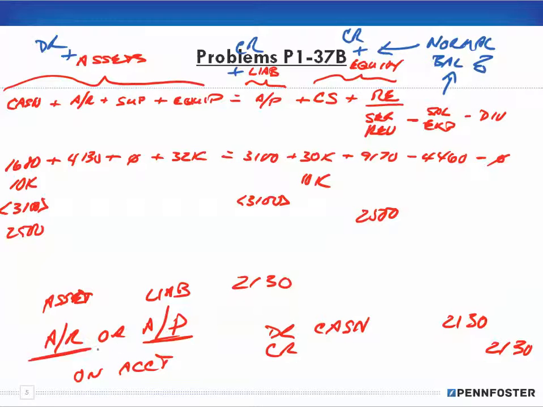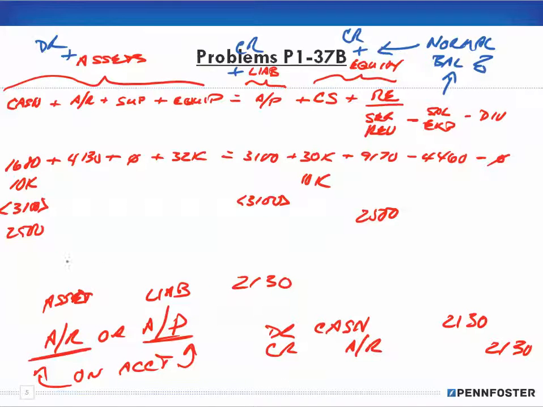So you have to determine which one it's going to be. In this case, since somebody owes us money and we're receiving it, obviously it has to be accounts receivable. If we were paying money out on account, that would be paying off our accounts payable, and we would be decreasing our cash. So in this case,